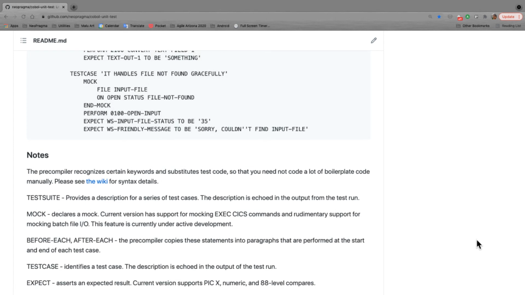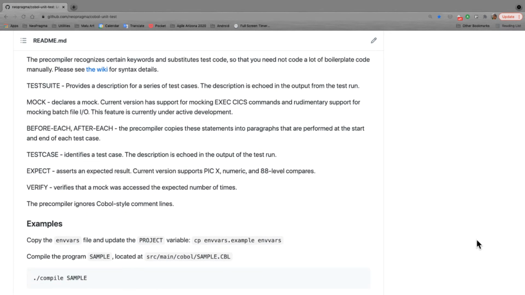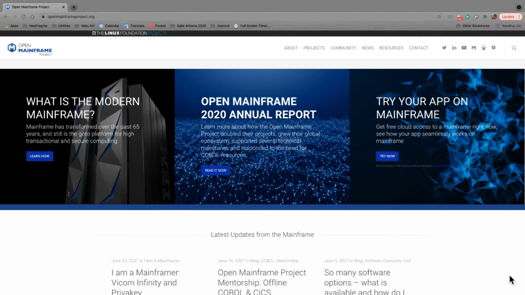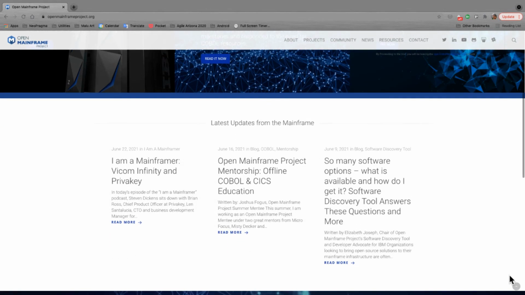It turned out a company in Europe discovered the project on GitHub. It was another large bank, by chance. Funny how that happens. But I wasn't paying attention to the project and I didn't notice their pull requests, so they forked it and kept on developing it. In 2020, the Open Mainframe project contacted me to see if I planned to do anything with that project. It turned out there was interest after all.